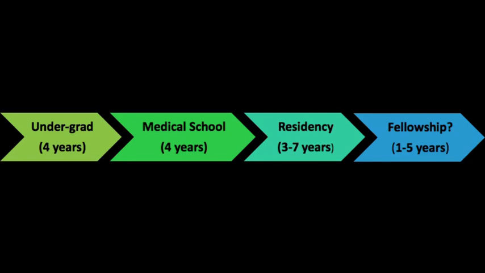Okay, one thing to keep in mind is that residency is when you first get to actually start working on patients. So it's kind of like this practice stage where there are people supervising you, but you're actually in a real hospital or a real clinic treating real people who are sick. So as you can imagine, if you've never done this before, then the very first day that you start practicing on patients, you're probably going to make some mistakes. And this actually shows up in the data, and we have a name for this phenomenon. It's called the July effect.